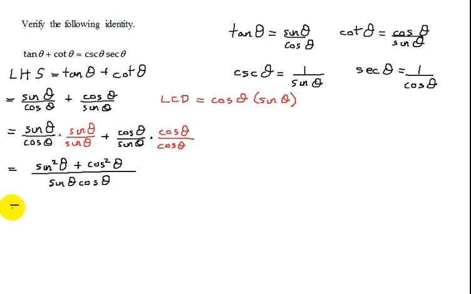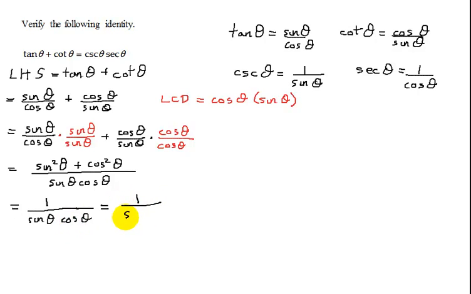Well, now you should be looking at this numerator going sine squared theta plus cosine squared theta equals 1, because that is the most important Pythagorean identity. So now I just have 1 by the Pythagorean identity in the numerator over sine theta times cosine theta,